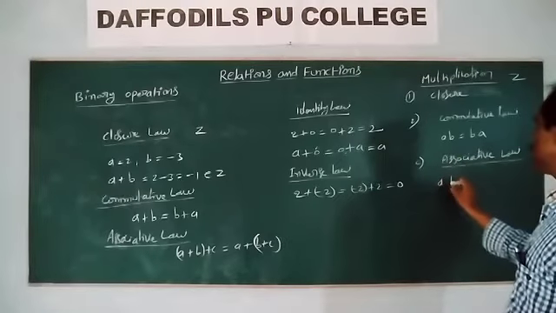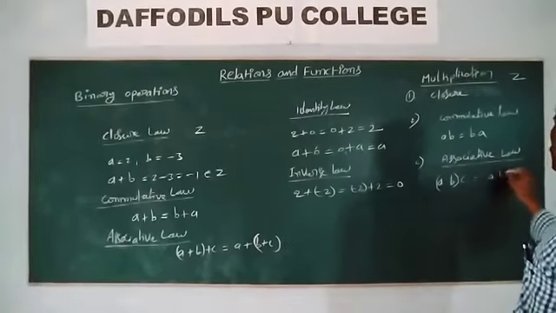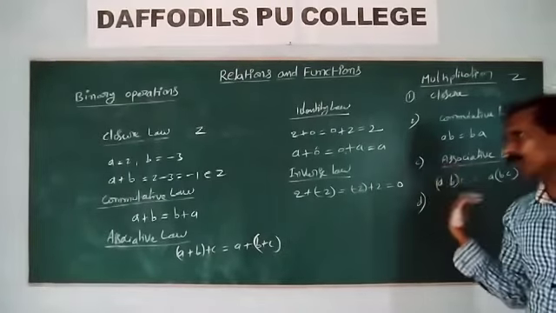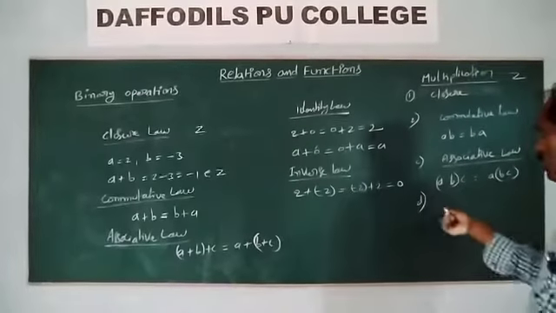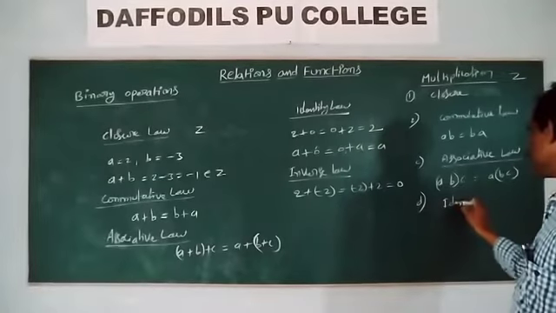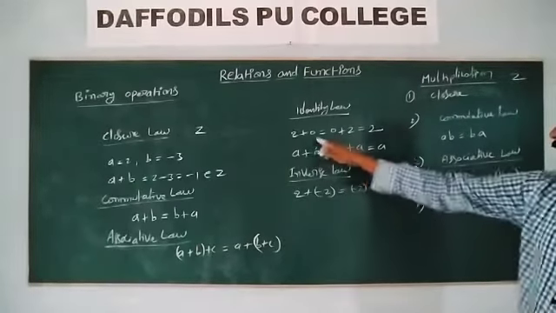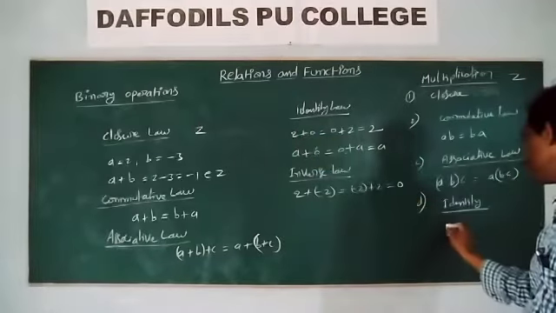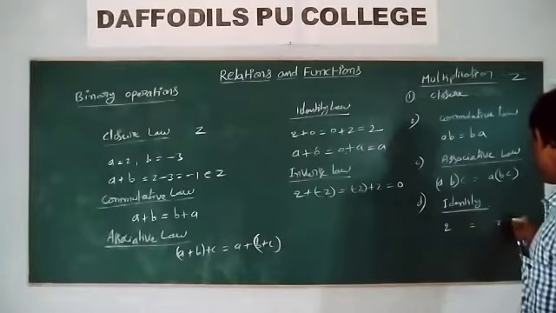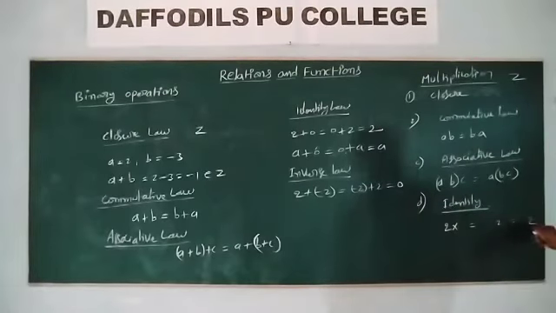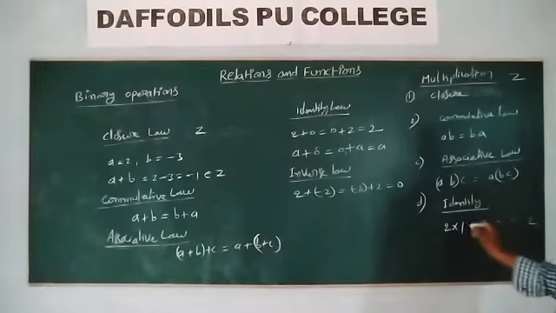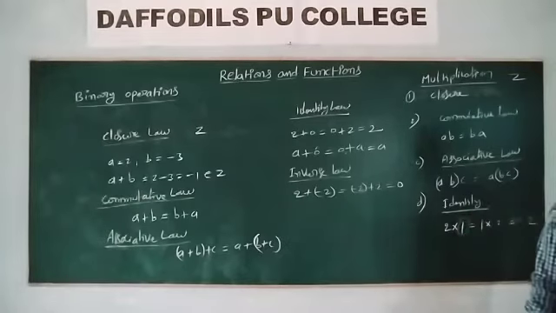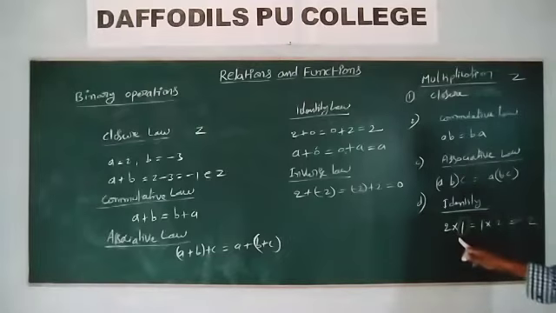Associative law. What is associative? Take three numbers. AB times C is equal to A times BC. Distributive laws are also there. These properties we also discussed in the matrix chapter. Next, identity. What is identity? Here, when some number is multiplied, the resultant answer is that same number. When is it possible? Multiply by the number whose answer is 1. 2 into 1 is equal to 1 into 2, answer is equal to 2. So here 1 is the multiplicative identity.